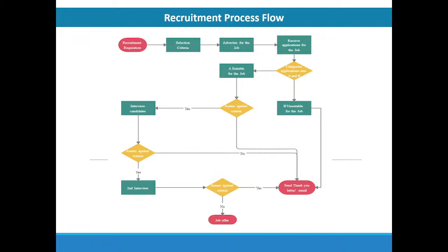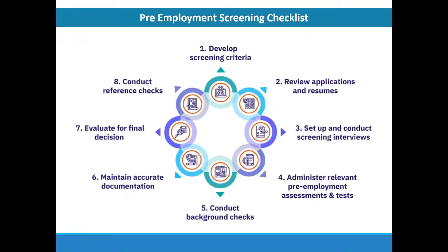And then here the category B is unsuitable for the job, so it's going to be to send a thank you letter or email. And in the A, it goes to the second round, and if they are selected, then they send the job letter and job offer. Okay, and if they did not get selected and clear the interview, you can also send them an email,